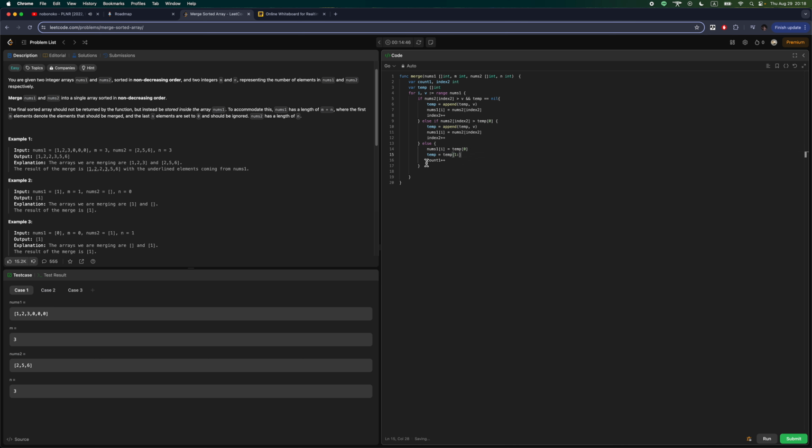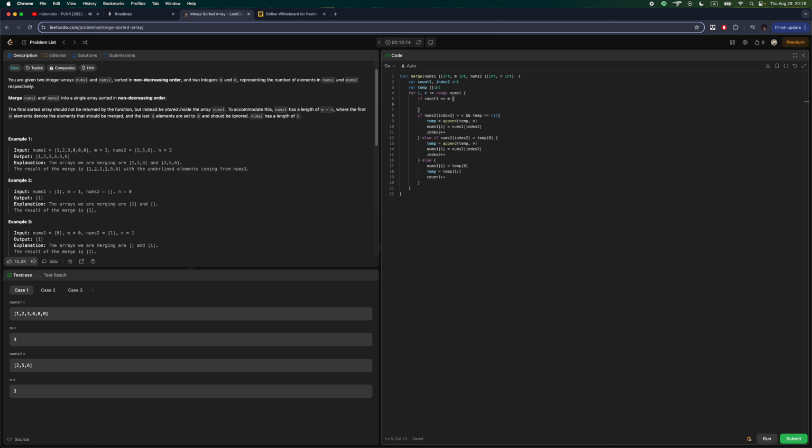We'll do this, and then we'll finalize it with this. So here at the end, we'll do a count. If count 1 equals the number of integers in num1 we have, then we can return